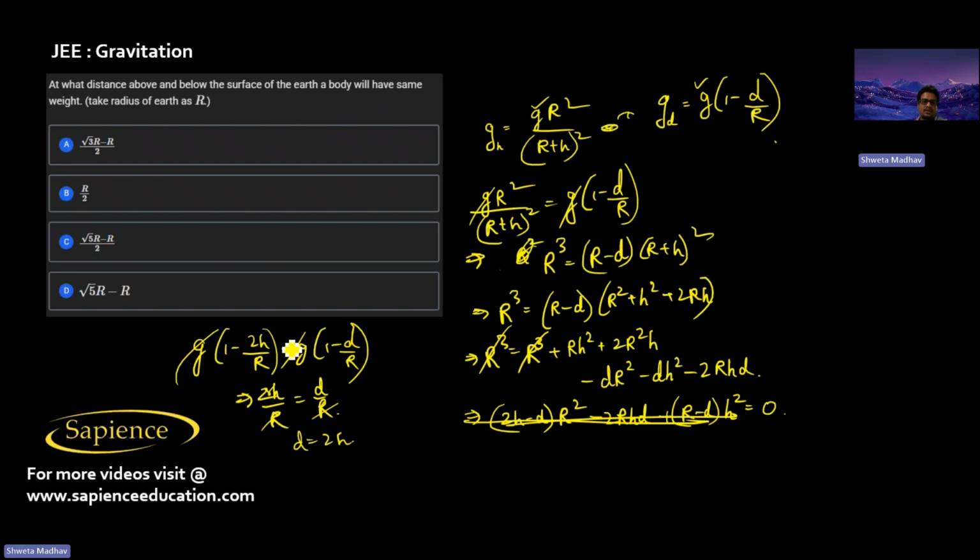So if I take h as R by 2, then also it will become